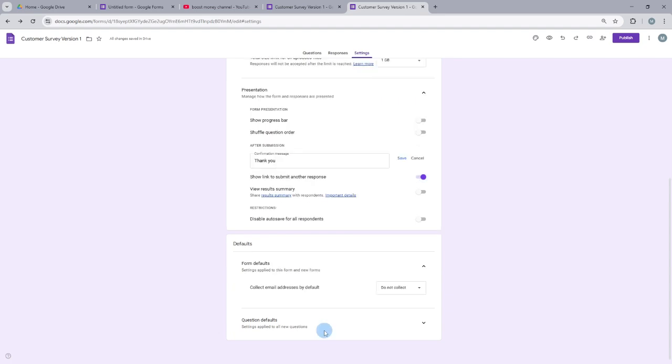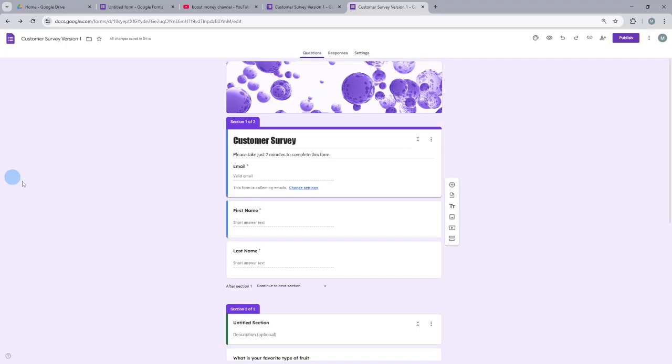So for example, maybe you always want to or always do not want to collect email addresses. You can choose that here, and you can also choose if you want questions to be required by default. No matter what you choose here, you can always change each individual question, but these can be helpful settings useful for saving time later. When you're ready to publish, click the publish button at the top right corner of your screen,